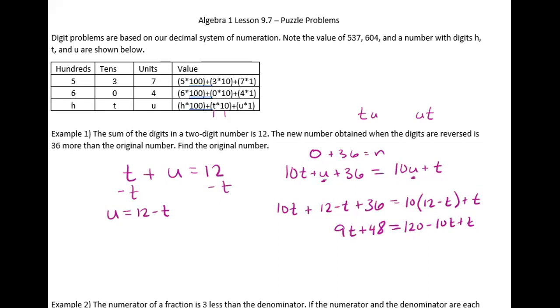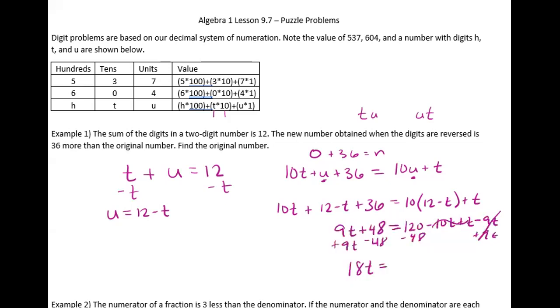I might want to add these together too. Minus 10 and a plus 1 is going to be a minus 9t. So I'm going to add 9t to this side, and I'm going to add 9t to this side. And when I do that, that's 0. So then I will subtract a 48 on both sides. And I have that 18t is equal to